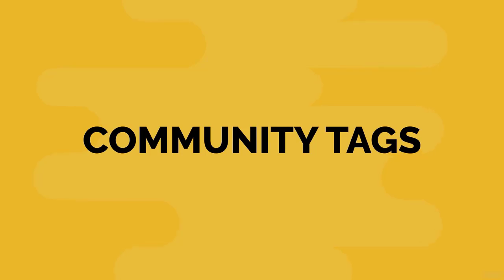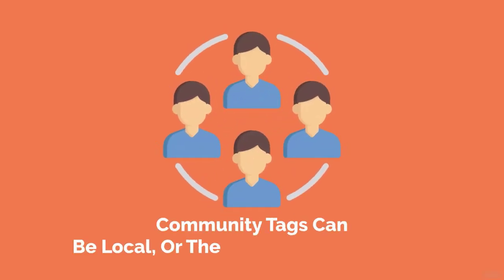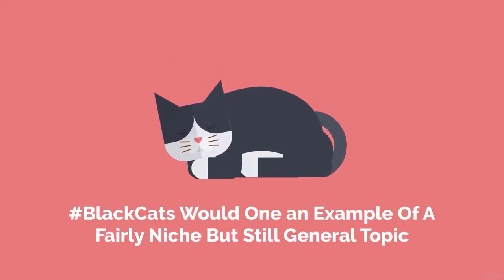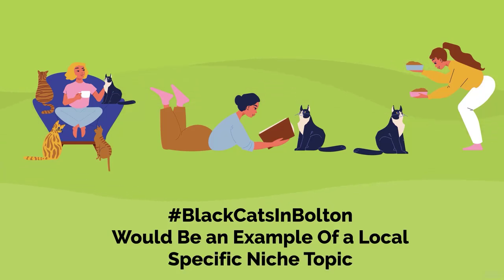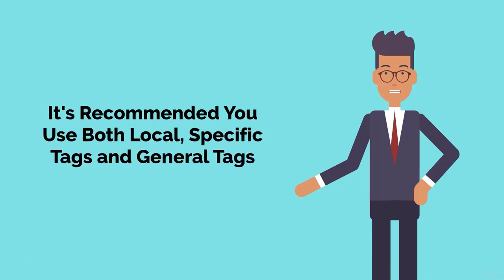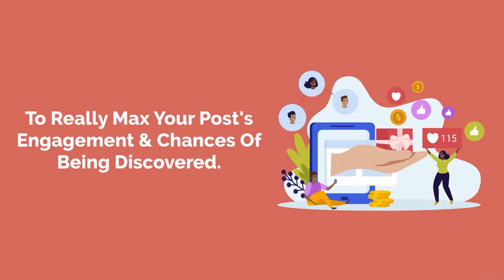Community tags. Designed to connect Instagram users with an interest in a specific topic. Community tags can be local, or they can be more general. Hashtag Black Cats would be one example of a fairly niche, but still general topic. Hashtag Black Cats in Bolton would be an example of a local, specific, niche topic. It's recommended to use both local, specific tags and general tags to really max your post's engagement and chances of